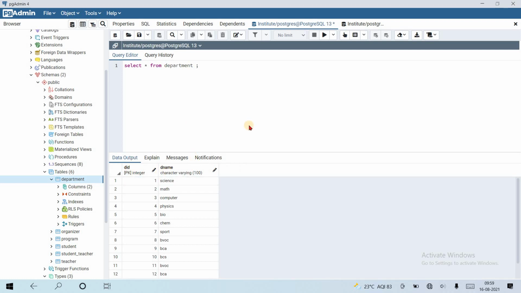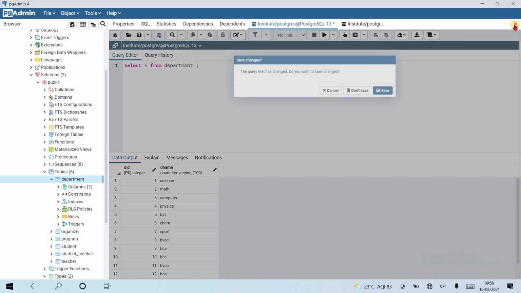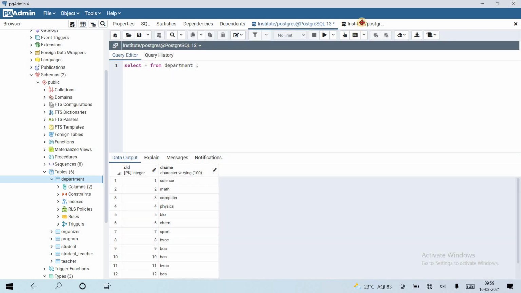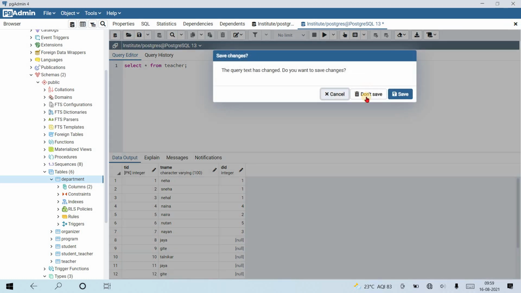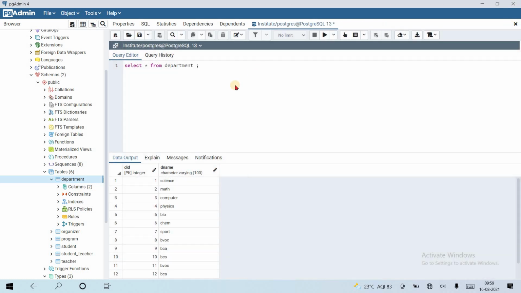So department id is common in both, and we can connect these two tables.